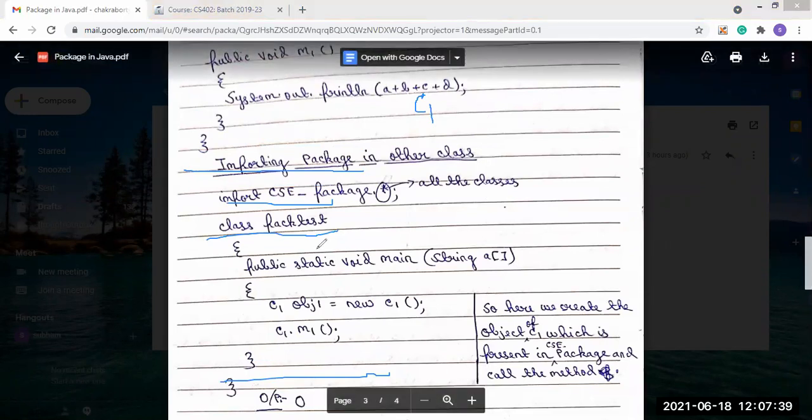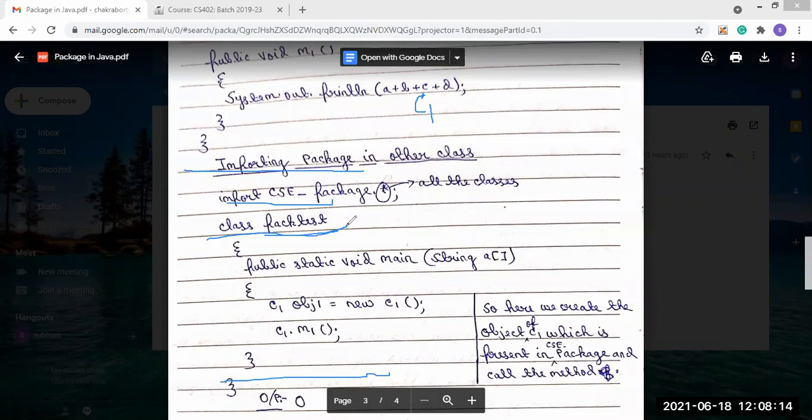I have used the class name PackTest. Inside this PackTest class I have created the main function, public static void main, and inside the main I have created the class object.